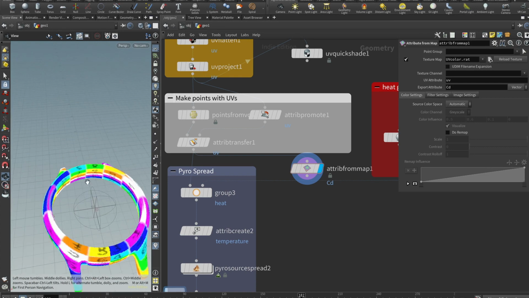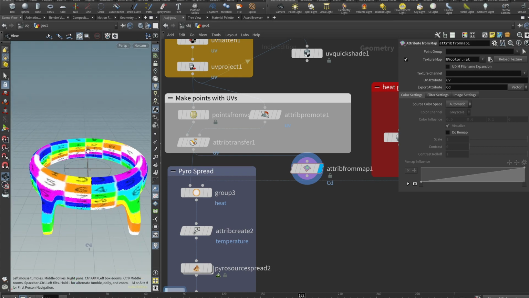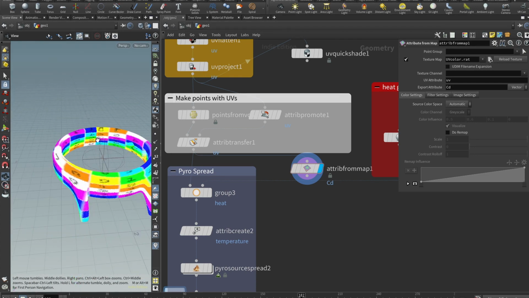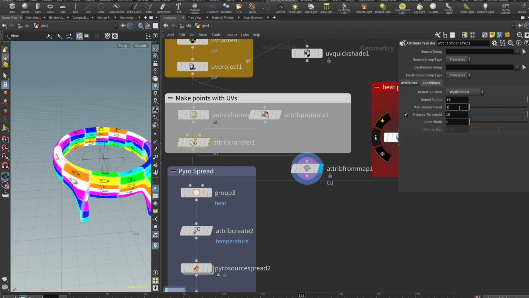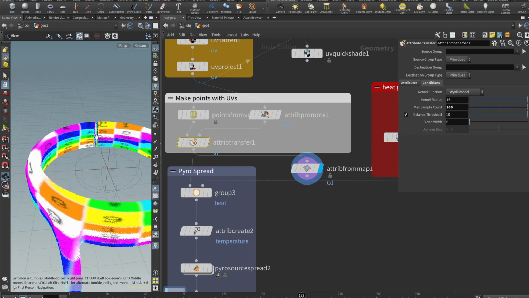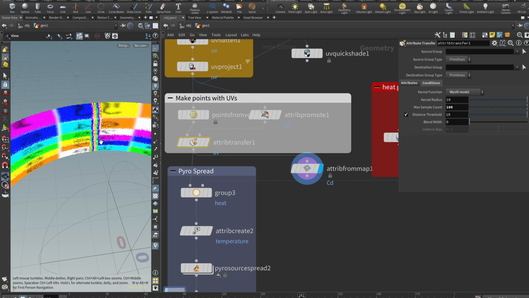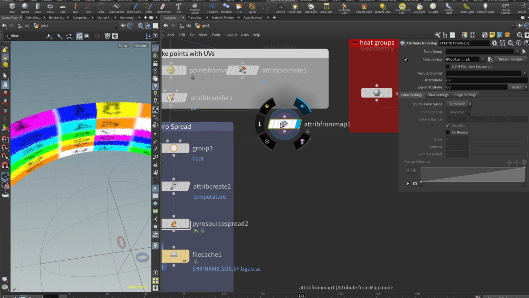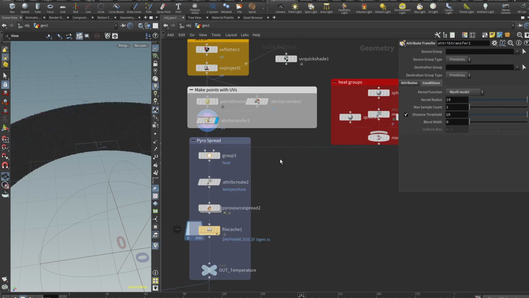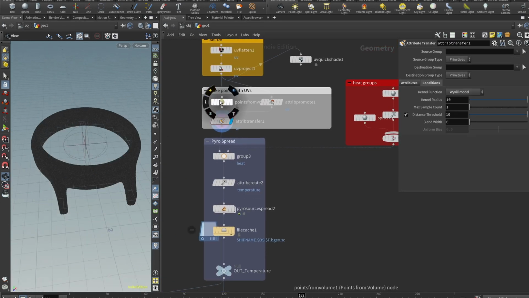So these are connected, and these are not connected at all. So what we need to do is be sure that here, if we set it to be max sample count, set it to be like 100, you can see that seam here, and that seam we don't want to be visible. So that's why let's leave the max sample count at 1, and it's much less visible there, almost invisible. All right, so we have our points, we have our UVs on points, we have all the necessary attributes,